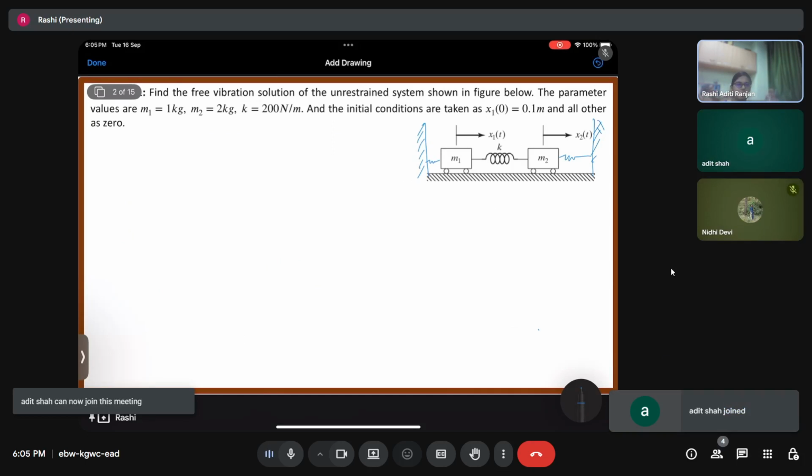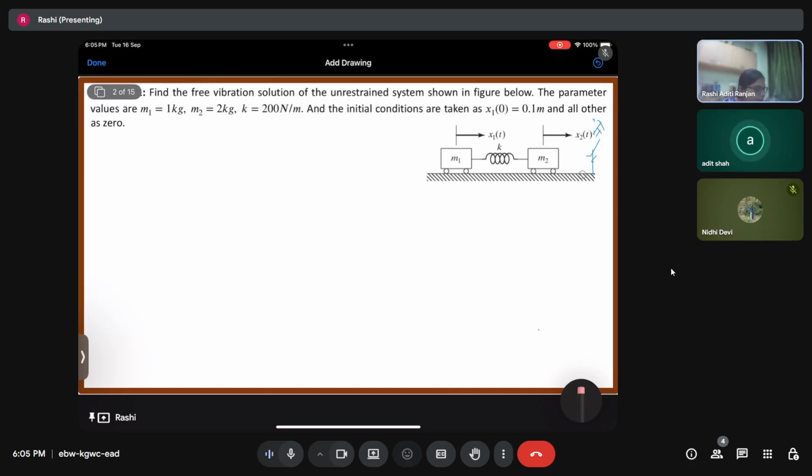There's a limited amount. But in this case, what is happening? The amount can be infinite. It may happen that the mass m1 or m2